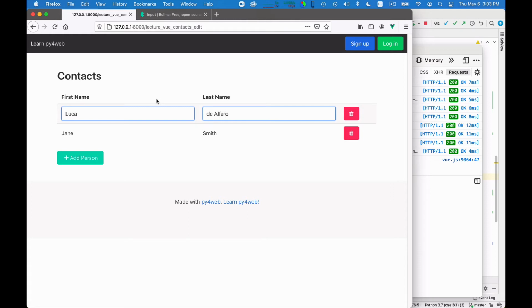But in this case, what I want to do is save a field when I click out of it. So when the mouse is no longer clicked there, so to say. Right? That's a natural behavior. You click there to start the edit, you click elsewhere to stop it, and you expect then the value to be saved. So the first worry is, what is the event that corresponds to stop editing there? Well, it's called the blur event. Again, you can look it up.